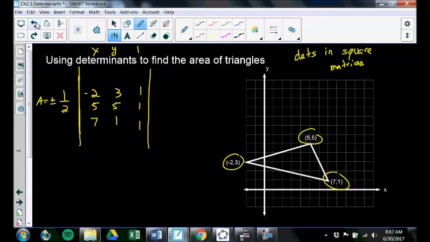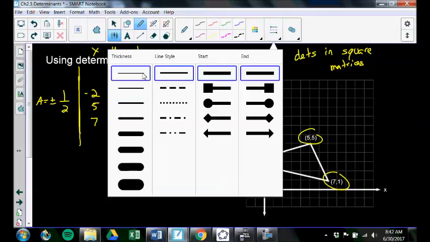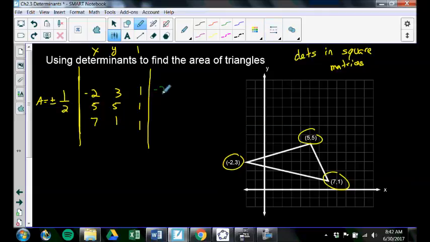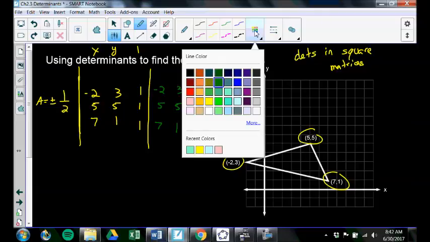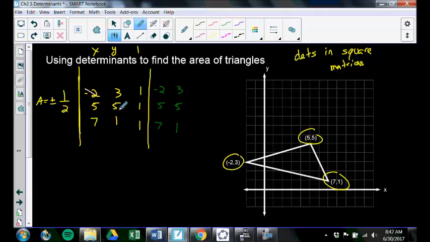And let's do this. I'm going to put a -2, 5, 7, 3, 5, 1 here. So then I'll do downhills minus uphills. So I'll do downhills first. This is -10 plus 21 plus 5